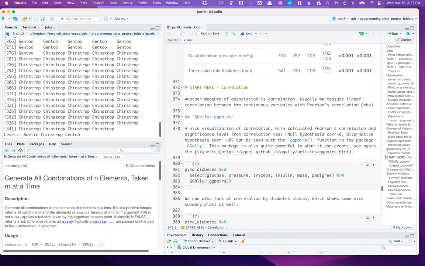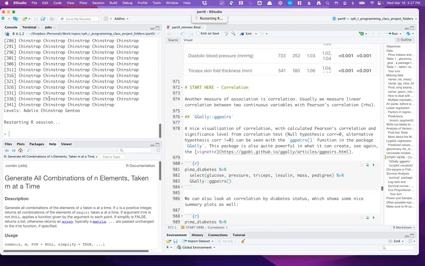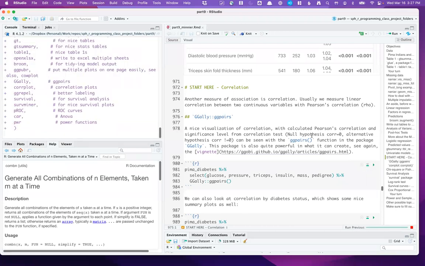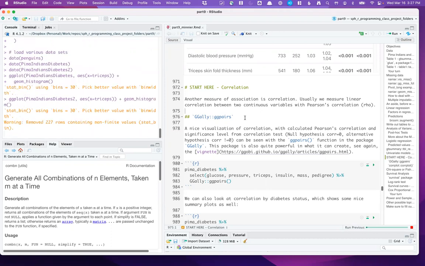So this is what I'm doing. I'm restarting R to clean my environment, and then I'm going to run everything up to this point, which I do by clicking this little side arrow, the play button. Up until now, we've talked about fitting models, but